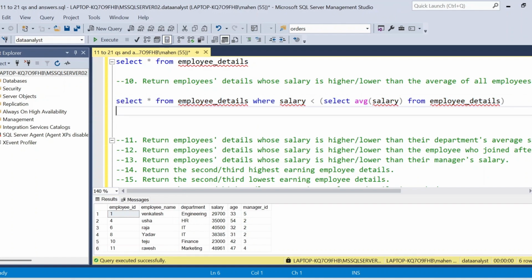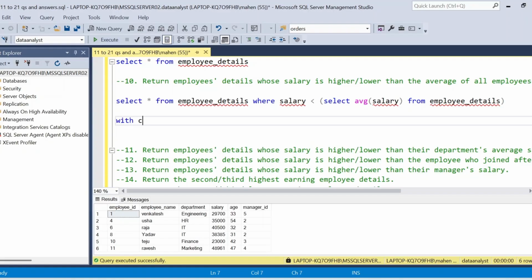But if you are using it like this, what's going to happen? It's going to filter the data row by row. For each and every row, it's going to execute each and every time. So how many times is this going to execute? For all the employees, right? However many records there are in this employees table, that many times this is going to execute. If you do it like that, it's going to take more time, because each and every time you have to go to this table again and find the average of this salary. So rather than doing that, you can easily solve it